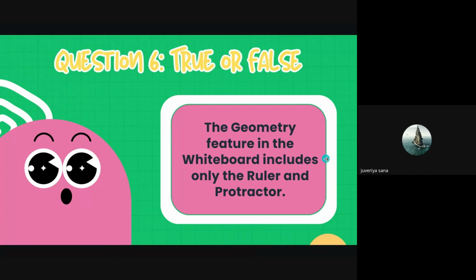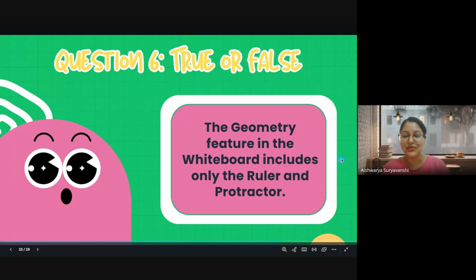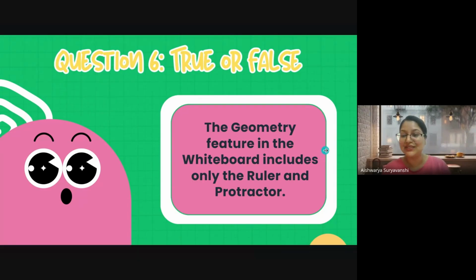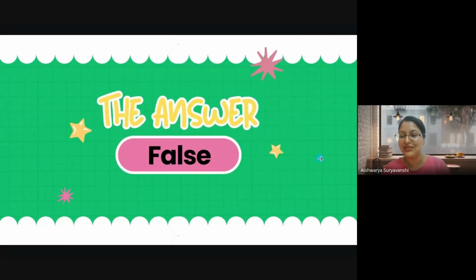Because is there any other feature along with these two? Yes, that is correct, Harshita ma'am and Sujita ma'am. Priyanka ma'am has already shared as well. The third option that comes along with the geometry option is compass. Really happy to see that all of you have explored the whiteboard so nicely and you know where the features are. It's amazing. Okay, let's reveal the correct answer. Yes, that's true, teachers. All of you are right in this case.